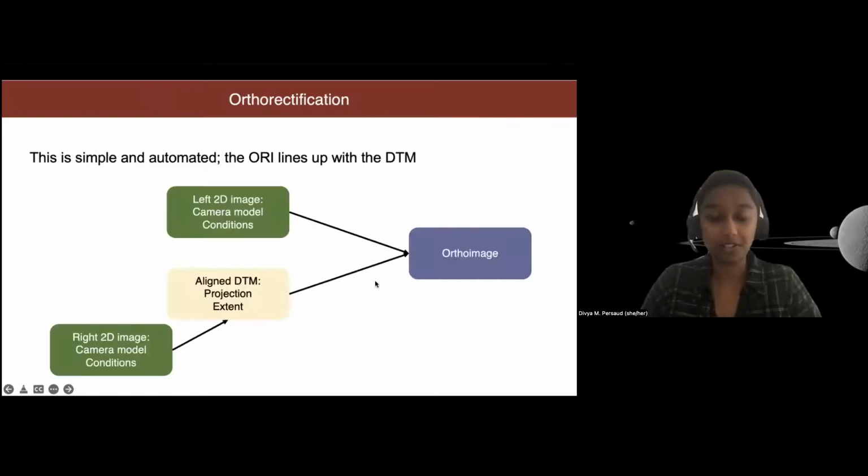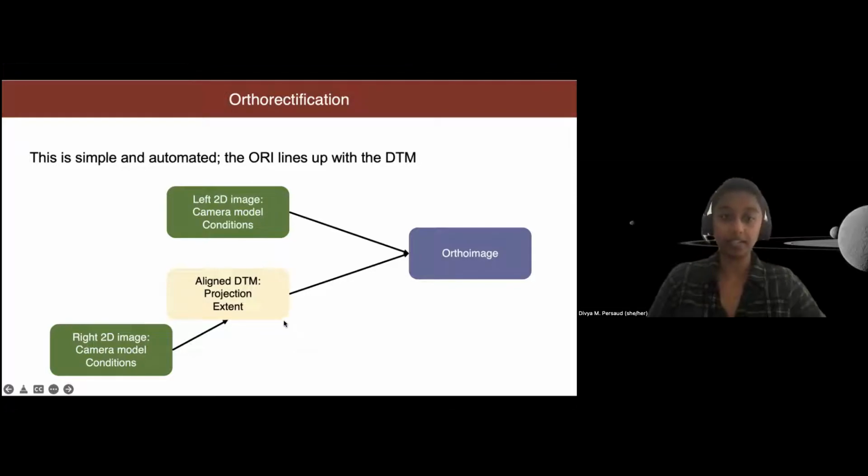I won't talk too much about orthorectification. Again, that is a deep rabbit hole, but it's largely simple. It's automated using tools that are used by the community. So your DTM, your 3D product, has been produced by your left and right images, which give the camera model. That's the pointing and the optics of the camera, the lighting conditions, and everything that goes into the 3D model.